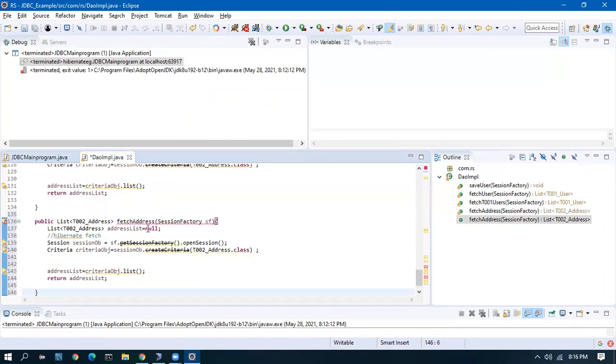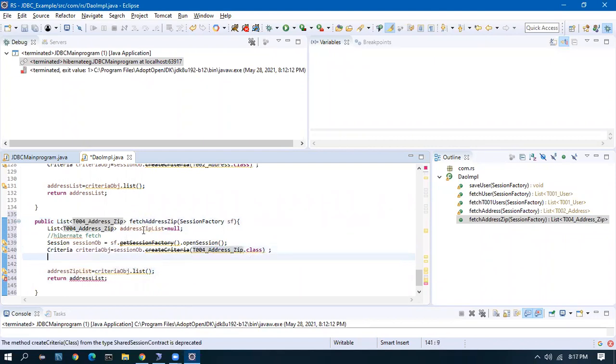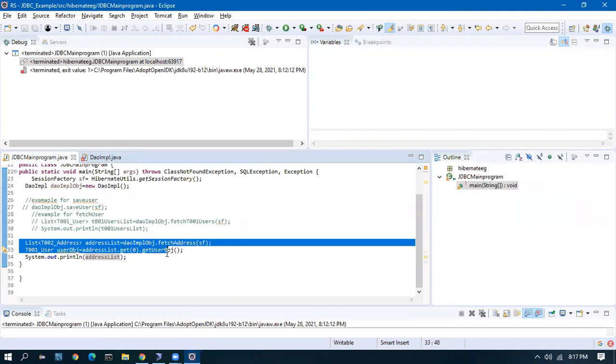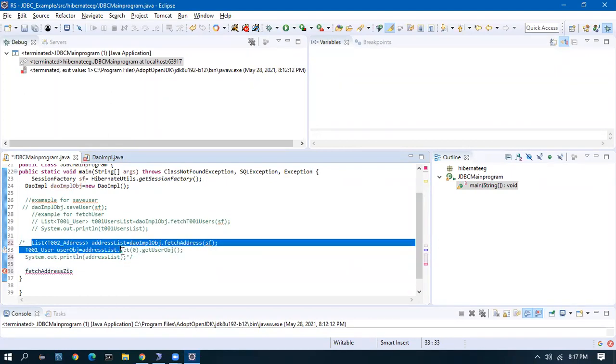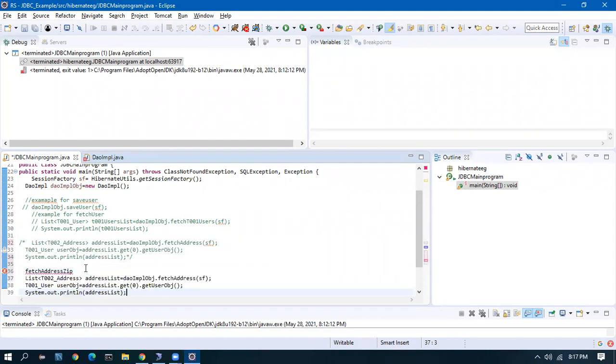The same way, when I fetch the address zip, T004, I guess, yeah. Okay. Address zip list, and I'll return here. Okay. Fetch address zip list. I'll comment the code here and copy.